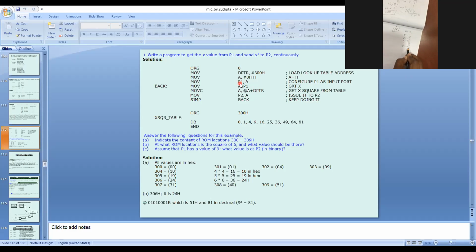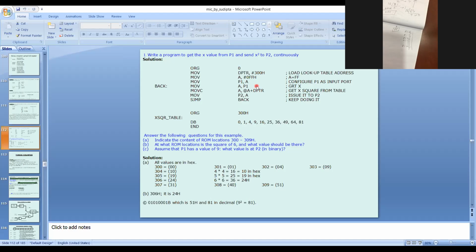Am I right? It means a high value is given at the initial level in Port 1. Is it clear?